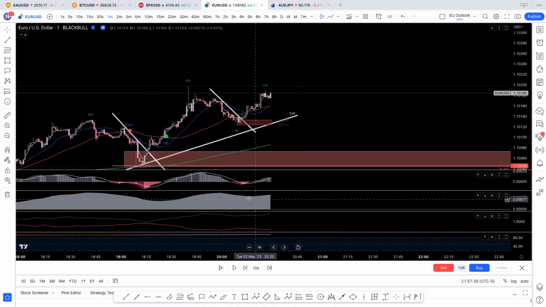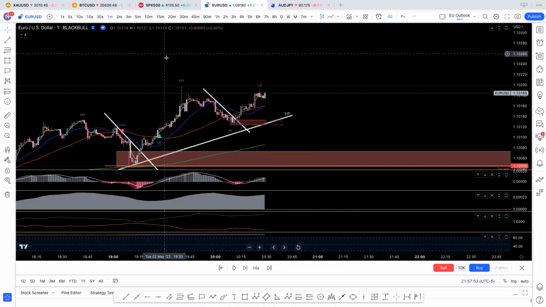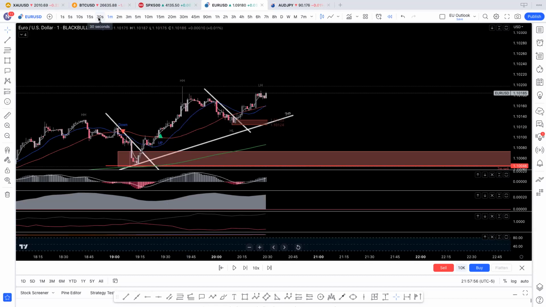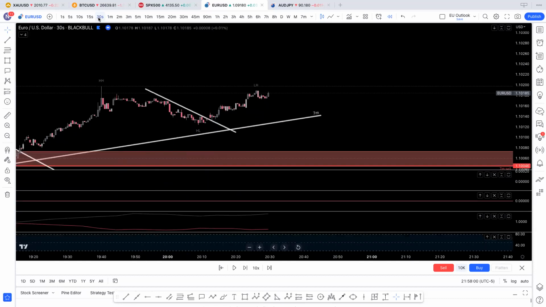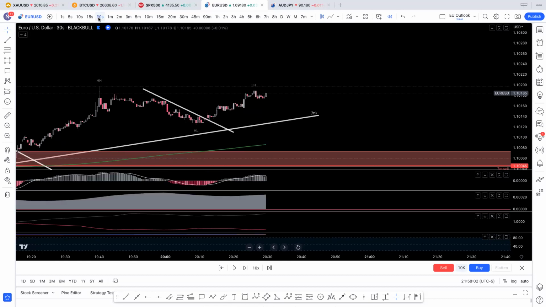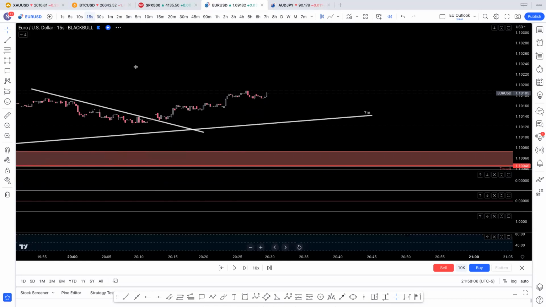There is the continuation right here, and the vortex is expanded, and we have this overbought area, and drop down to find the right time frame for this particular triangle,